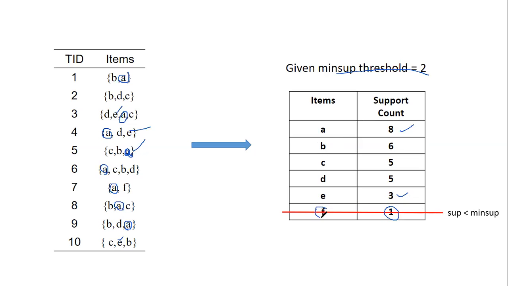So F is not frequent, because it appears in only one transaction. That means we can easily make out it is infrequent. So we don't want to consider it. We can just drop it. Out of 10 transactions, only one time it is occurring. That means it is very rare. Only one or two customers will be purchasing it, which does not make any sense here.